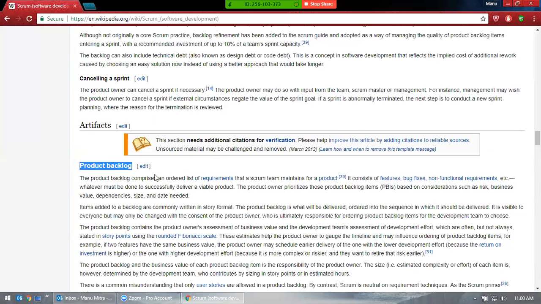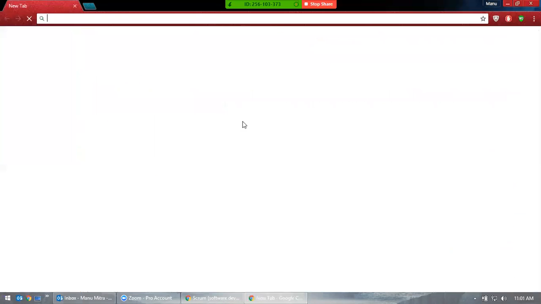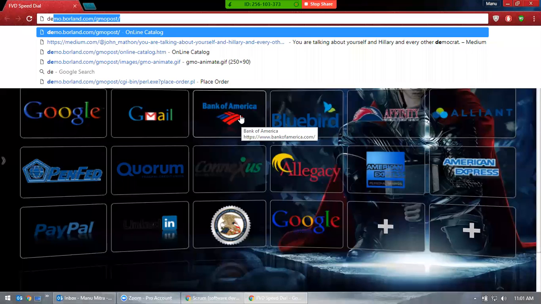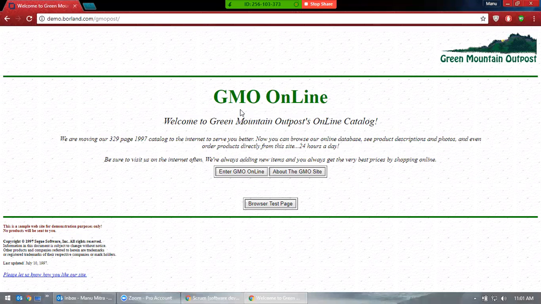For example, let's say it could be a product backlog document for this application, the online shopping site. We don't know how many pages it requires, how many buttons it requires, or how many test pages it has to go through. What products we are selling has no technical information whatsoever.